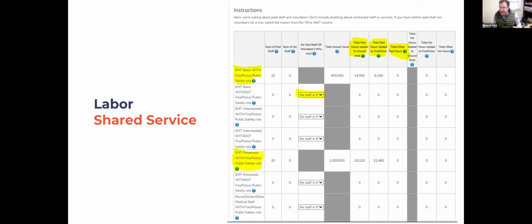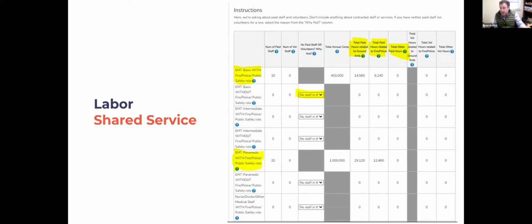So within the EMT and response staff category, what it's asking is how many individuals had the EMT licensure, how many, and if you're a fire department or a police department or another entity, and in that section 1 that we had discussed earlier, you had indicated that yes, in fact, you have other public safety duties. They will then ask you to define those with public safety roles in addition to their EMS roles, and those without public safety roles. It will then ask you the same questions about EMT intermediates and paramedics, nurses, doctors, and a bunch of other categories.